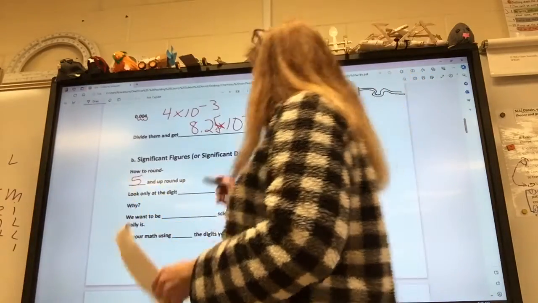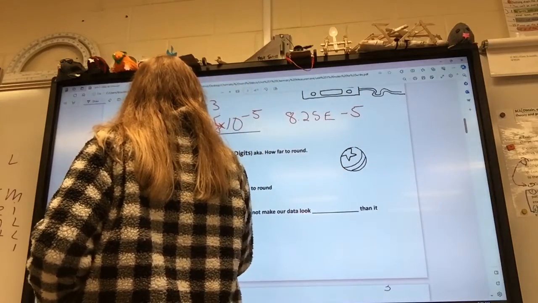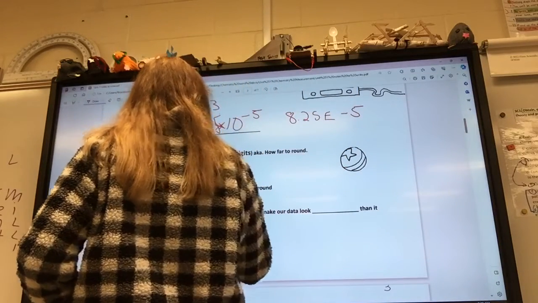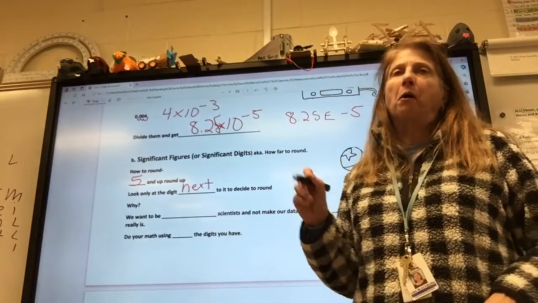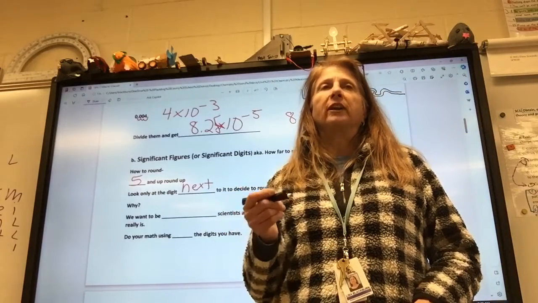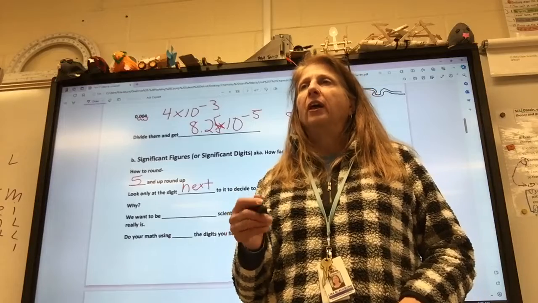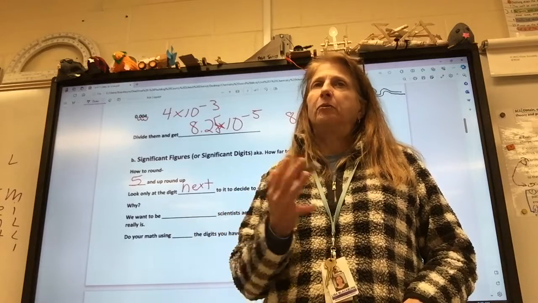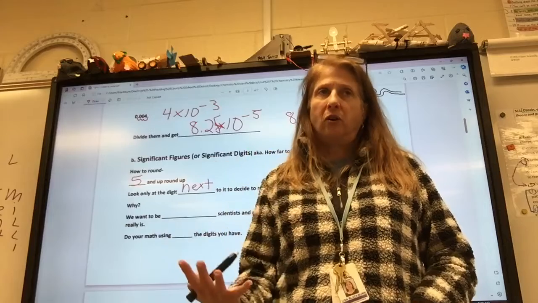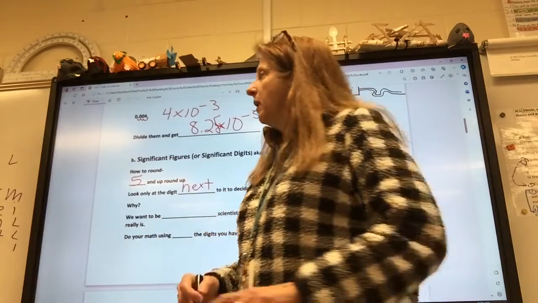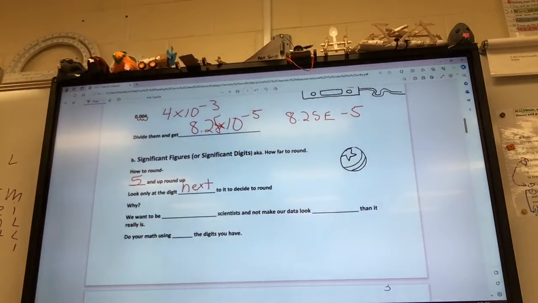And the next thing is you only look at the digit next to the place you're rounding it to decide. Now this is taught wrong in a curriculum. There is a curriculum used in private schools and homeschools that you might have used. A lot of times my honors kids have been to private school or homeschool, and there's a curriculum that has you look starting at the end. Let me explain to you what I mean. Sorry about you people in YouTube land, I'm erasing the board right now, just so you know what's going on and you don't feel left out.